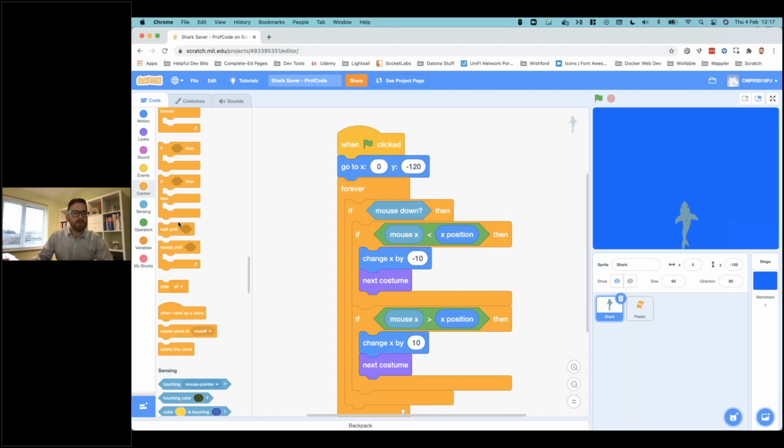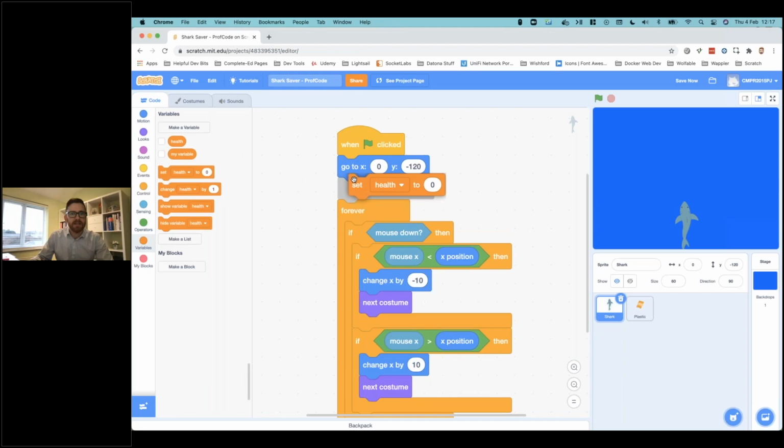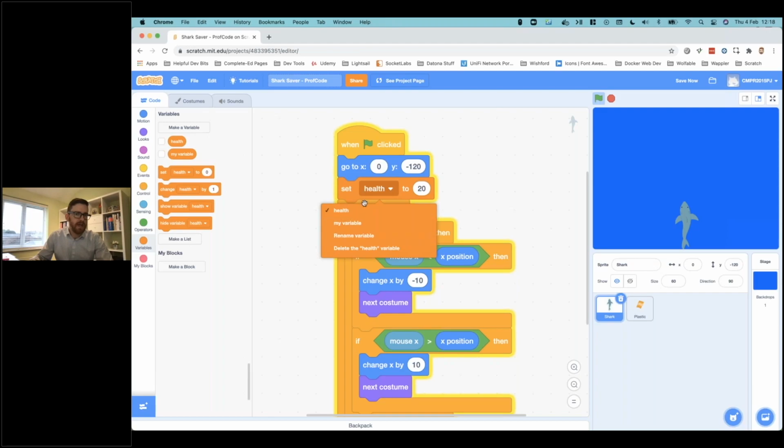And what we're going to do is we're going to start off with the shark being healthy. So we're going to set his health to 20 as a starting number. Remember, make sure it's set from that variable one, and it's health, not score or anything else. It should be one of the only options in there. So we've done that, and then what we need to do is